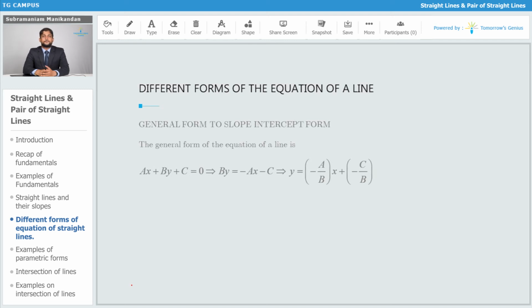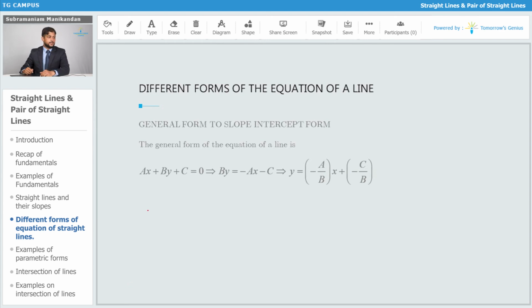If we are given the general equation of a straight line, ax + by + c = 0, then after some algebraic rearrangement, we get y = -(a/b)x + (-c/b), where x is multiplied by -a/b. So if we are given the general equation, we can quickly convert it to the slope-intercept form and find out the y-intercept as well as the slope of the line.